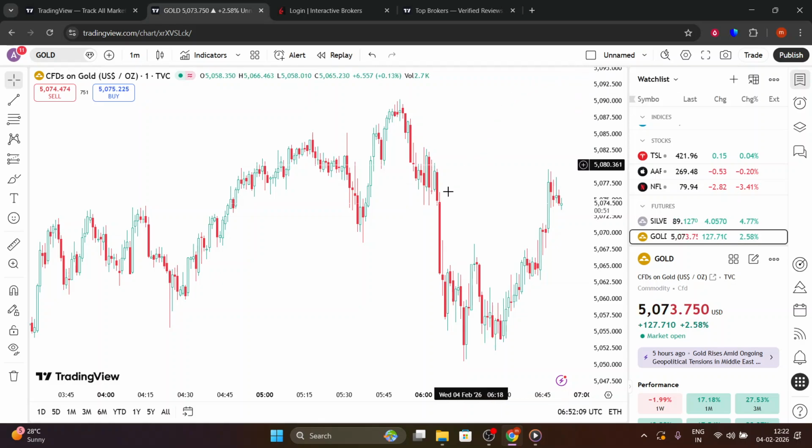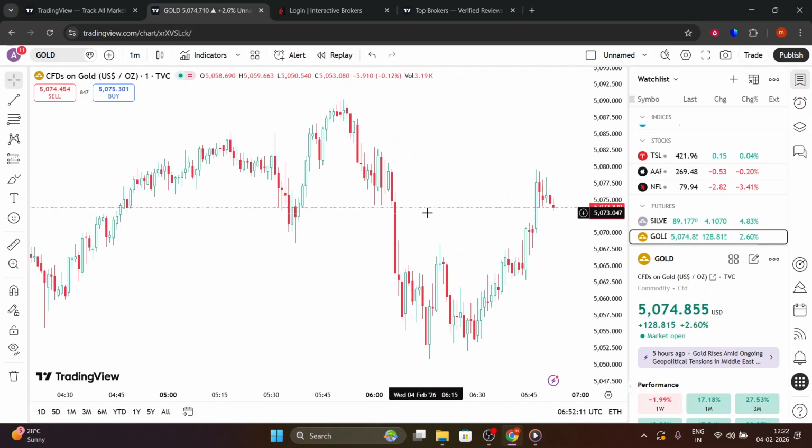Finally, practice with zero risk using Tradingview's built-in paper trading account. Select